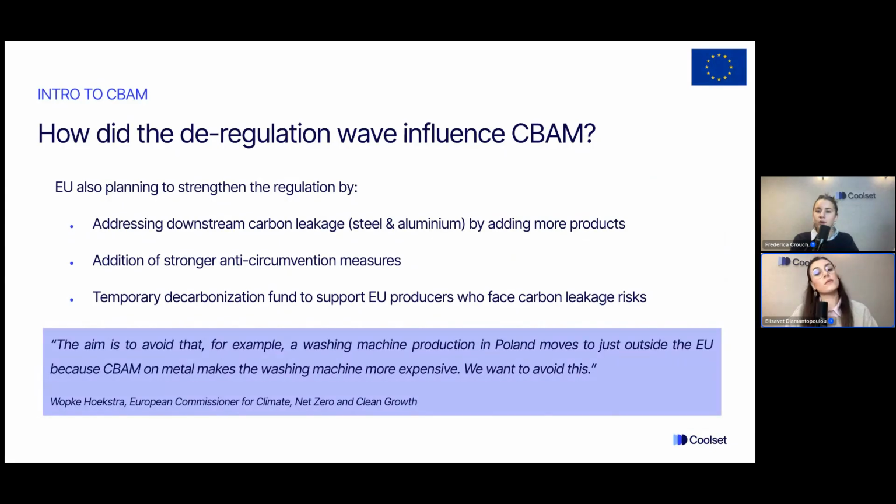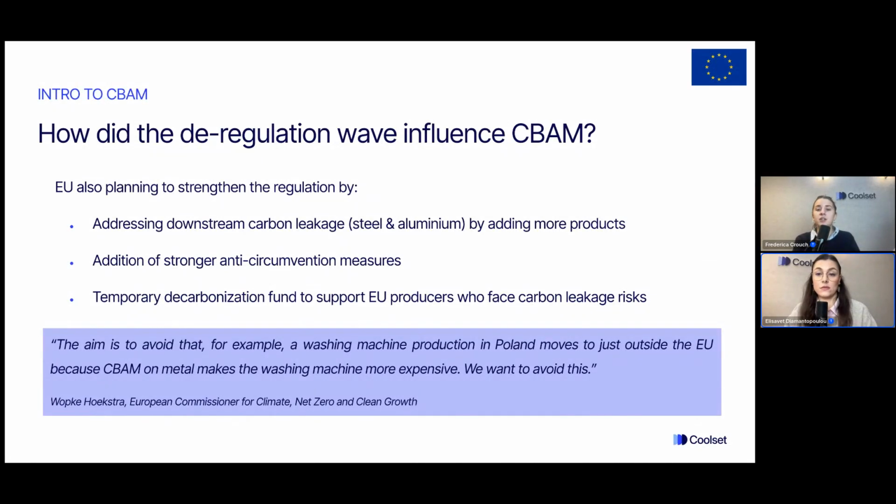And a little more on how the deregulation wave influenced CBAM is that while simplifications have happened at the higher scope, the EU are also planning to strengthen the regulation, and they're noticing weaknesses and seeing where to improve them. So one of those particular areas is addressing downstream carbon leakage, particularly steel and aluminium, by adding more products into scope. Scrap metals is significant here, and we're seeing a lot of